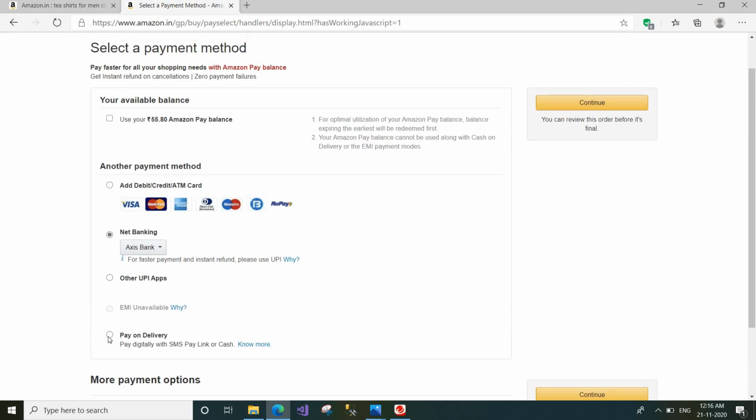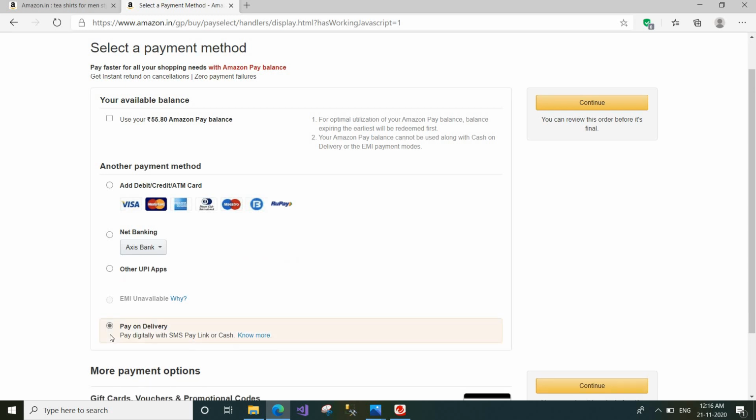Pay on delivery means once the Amazon deliver you the product, then you can give the money. The Amazon delivery agent will go to your address to deliver you the product. He will take cash from you or the payment by card, then the product will be delivered to you.